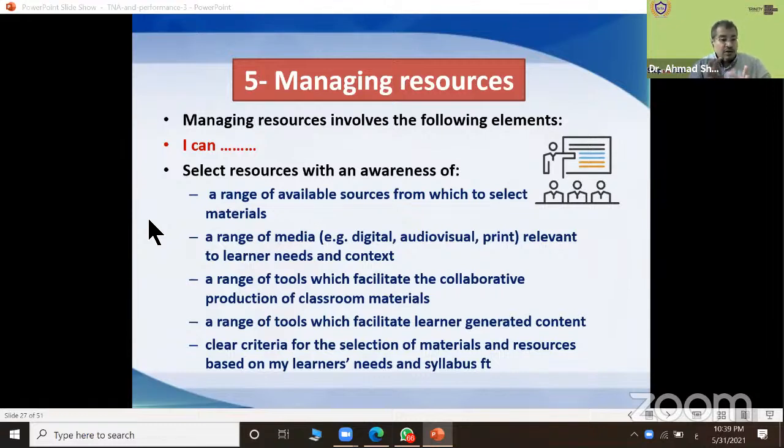Okay, so you choose your resource according to your learners, according to the target language you present, according to your students' learning styles, according to your learners' needs, and of course to the syllabus. Okay, the next point.